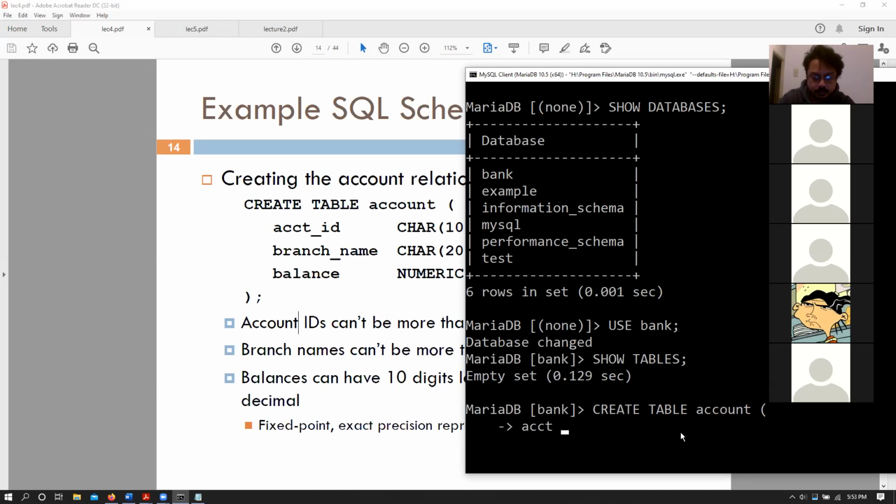So we have account ID, that is char 10, followed by a comma, branch name, that is char 20. We could have used varchar 20, but I'm